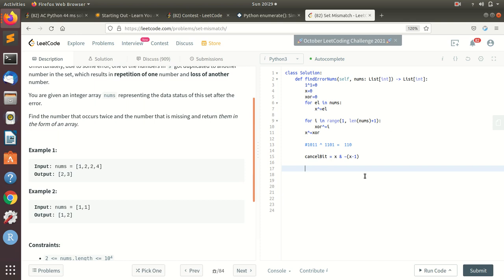Anyway, so now we have this one bit, and now what we could do is the same thing of separating the two groups by this bit and using this cancellation process. Because we know which bit we're looking for, we could use this cancellation of duplicates to percolate the number we're looking for with XOR. So now that we have cancel bit,